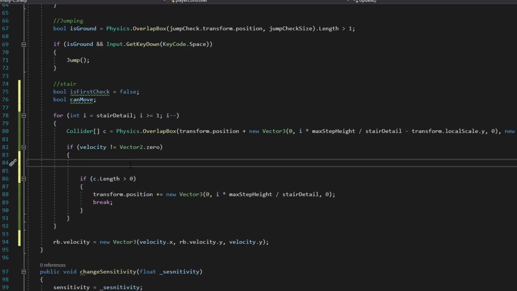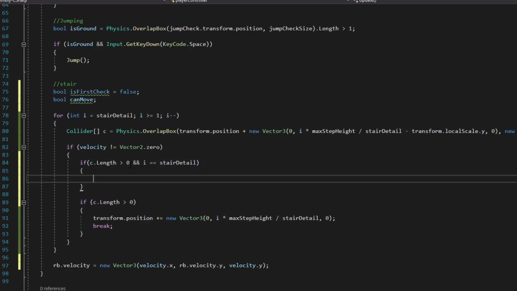Inside of the first if statement, I'm going to add another if statement over it, and I'm going to add 2 conditions. If c.length is bigger than 0, and if i is equal to stair detail, or if it is the first loop of the for loop. And then we want is first check equals true,